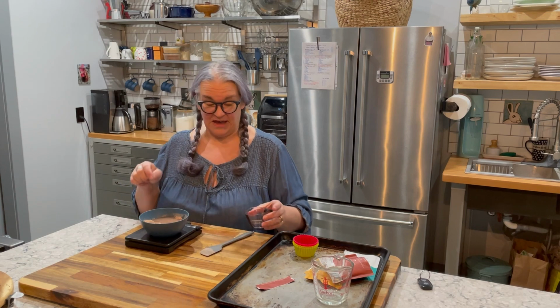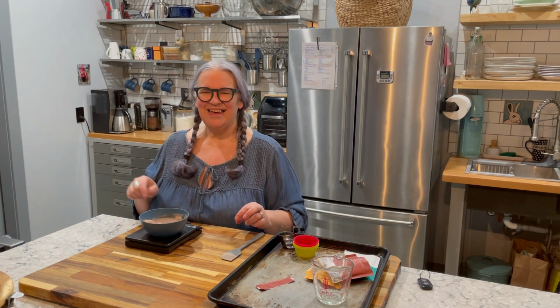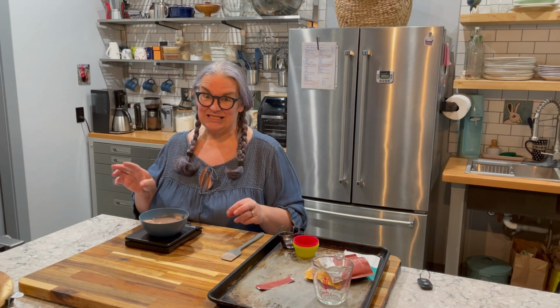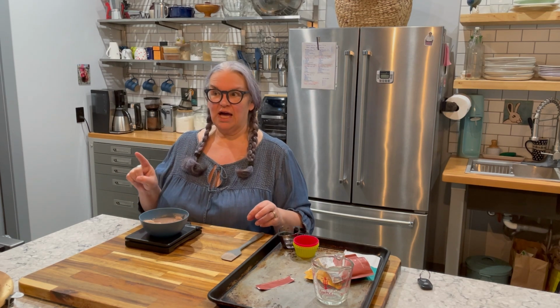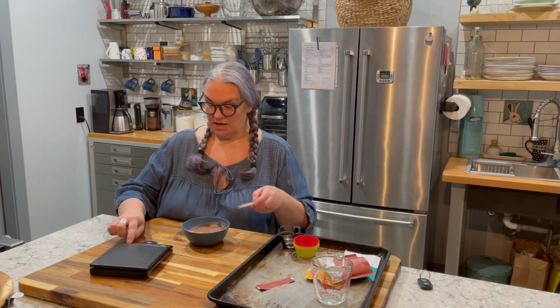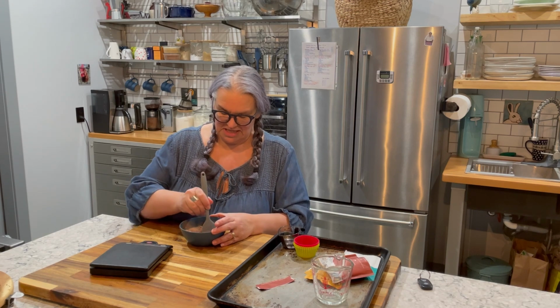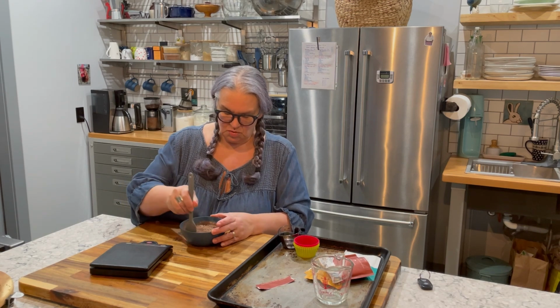Okay, so now it's at 5 1/4, which means I have 21 quarters, and I can divide 21 by 3 and get 7 quarters, which means I need one. I will have 1 3/4 ounces per. So I can take that off of my scale, and I'm just going to mix this until it is well